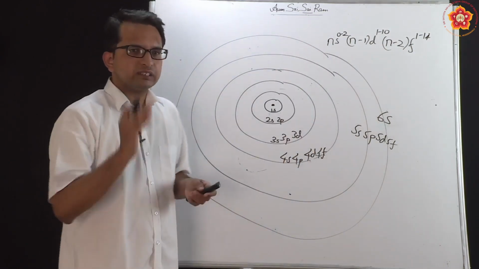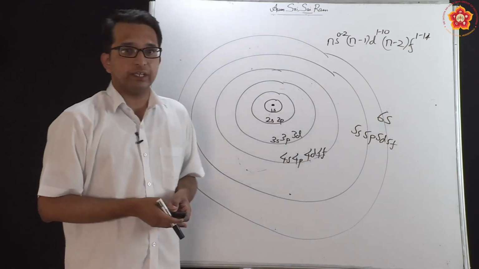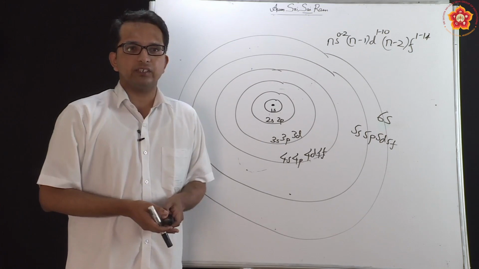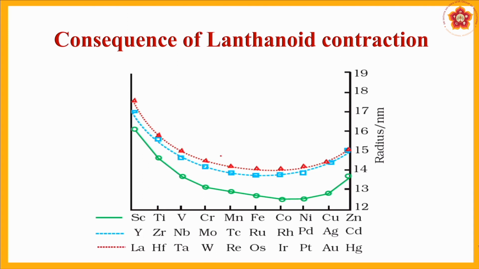So this is how lanthanoid contraction is the contraction of radius because of the elements which are present there. And what is the consequence of this lanthanoid contraction? The consequence is a graphical representation that is shown here. This graphical representation tells you that the 3d series radius is a little away from the 4d as well as 5d series. Now this is because the 3d does not have any f orbitals in it, whereas for 4d and 5d, because of the presence of the 4f orbital before the 5d orbital, the radius is contracted very near.